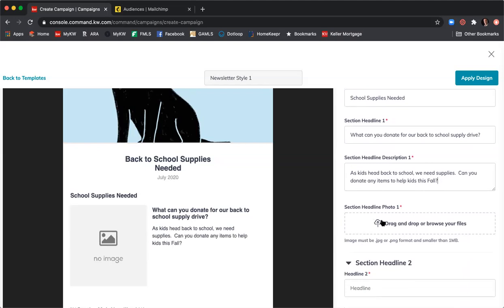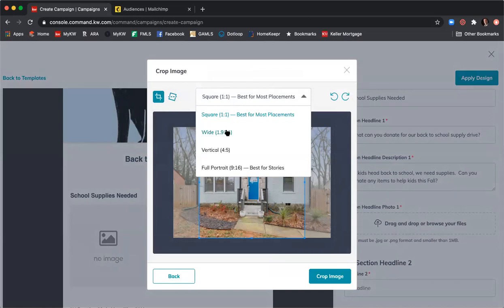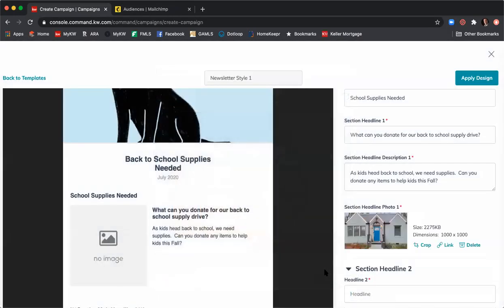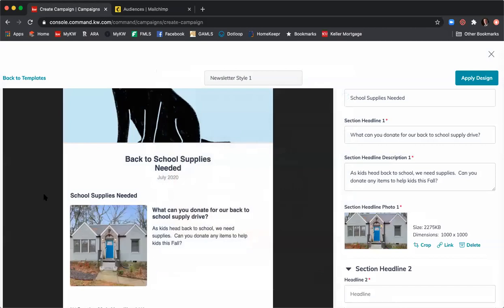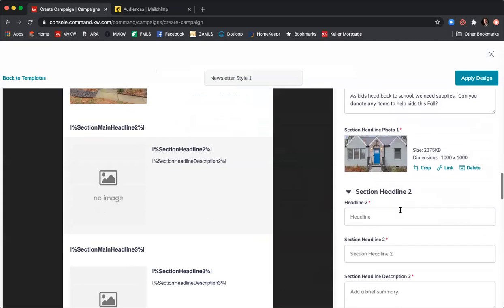And then we have a photo, so I can just click on this photo here. I want to add something that's relevant. I'm just going to add some images that I quickly have on my computer. This placement's a square placement, so I'm going to use the square cropping, but I could change that. I'll just leave it as square and then click crop image. And that loads there. And it'd be the same thing for section 2. So you just scroll down,